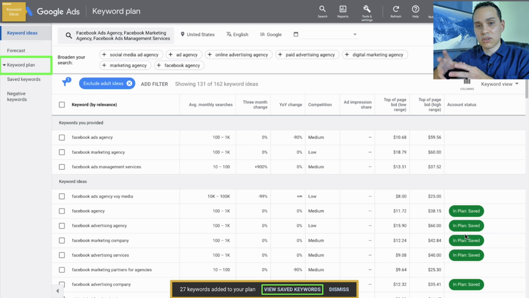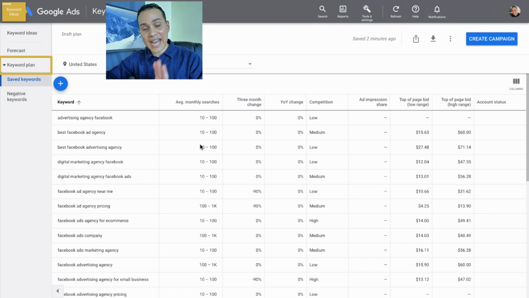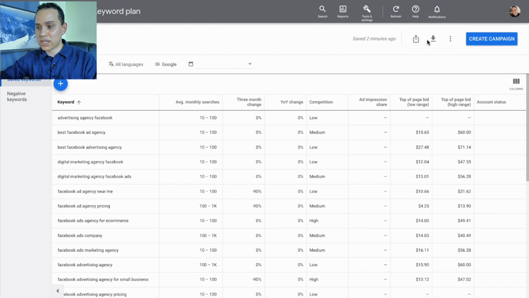And so you'll leave that column there so you don't accidentally add the same keyword twice. So we'll go ahead and come up here and click on keyword plan. And now we can see a list of all of the keywords that we've selected. Now, obviously for time purposes, I didn't go through all 131. That would be boring for both of us, but you would want to go through all 100 plus keywords for yourself. So once we have this list, we're actually going to come up here